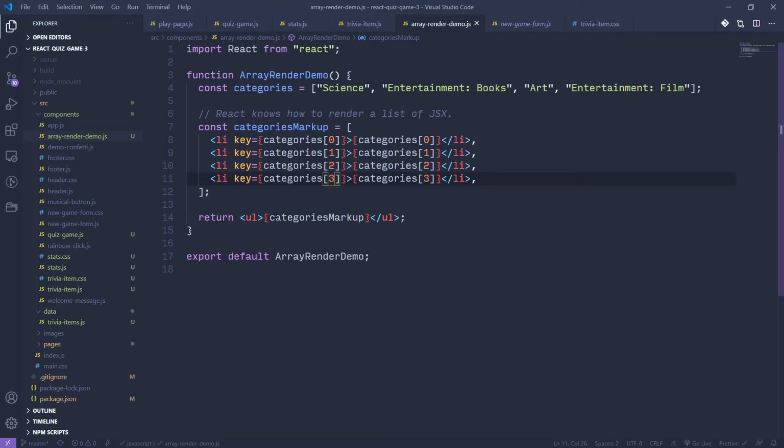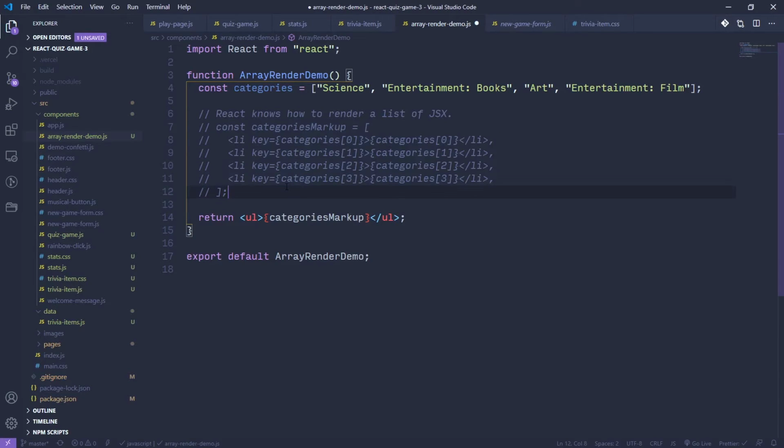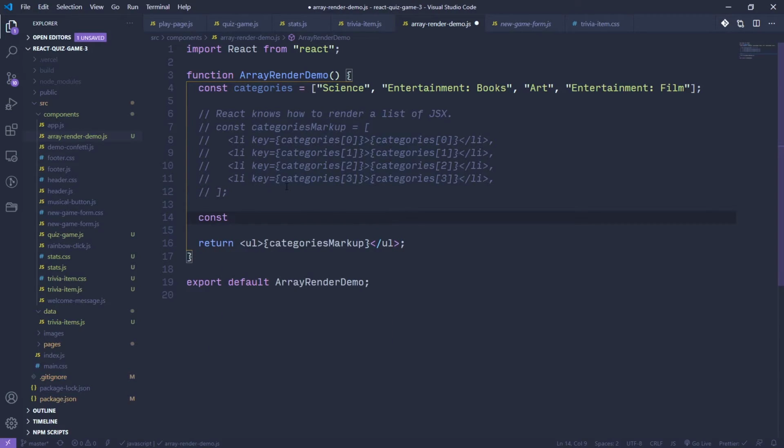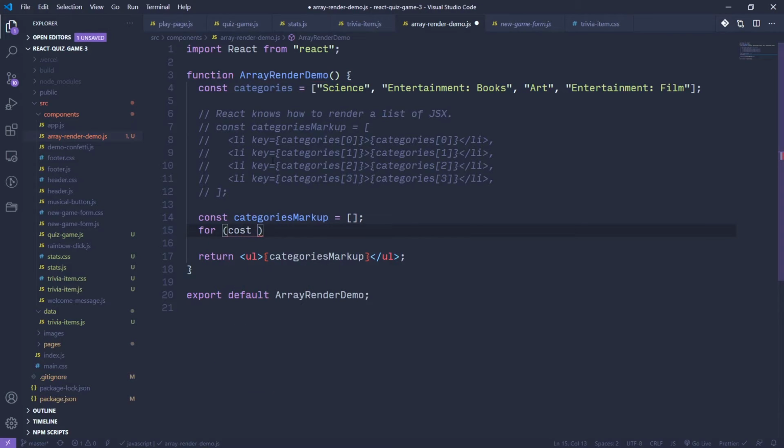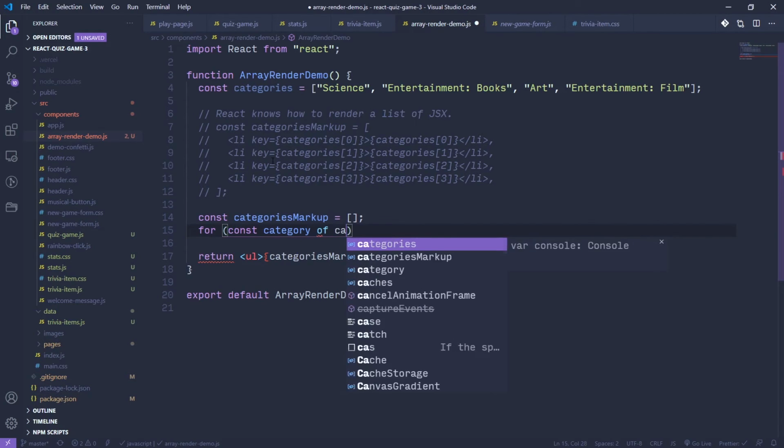And now we can look at how to build up this array dynamically. So instead of what we're doing here, I can create a categories markup empty array. And I can use some of our knowledge of loops, like const category of categories,